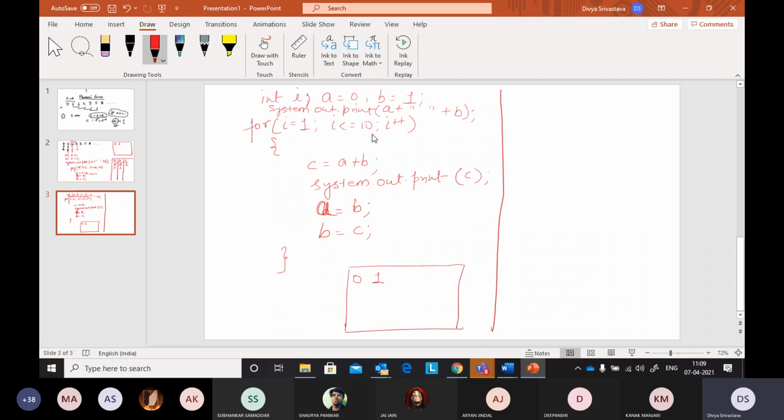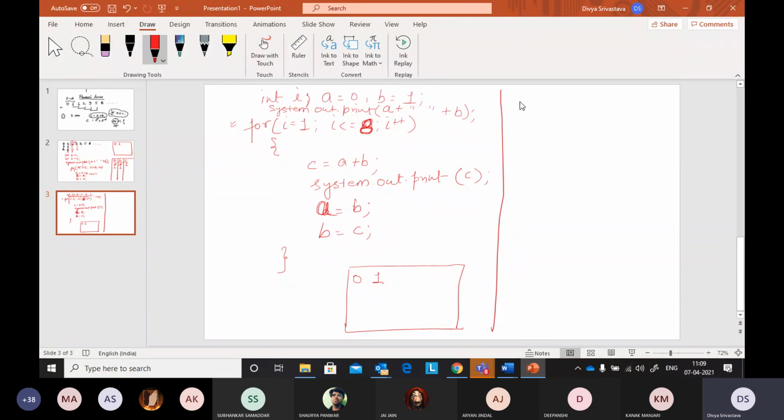So 8 times it will run. If you want to start it with 1, then run it with 8. So I want to start it with 1, so I am doing I equal to 1, and I is less than equal to 10 means still I is less than equal to 8. Okay, is this clear class, why I am doing this? Yes, ma'am. Okay, sure na? Chalo. Now let us dry run the program that we do every time, कि how the things are working.